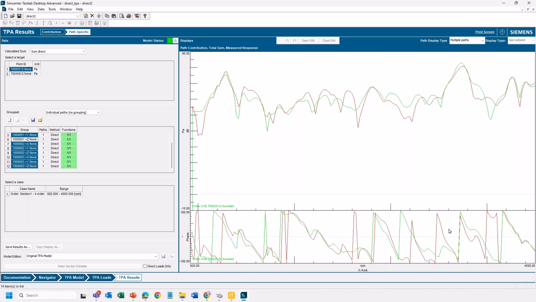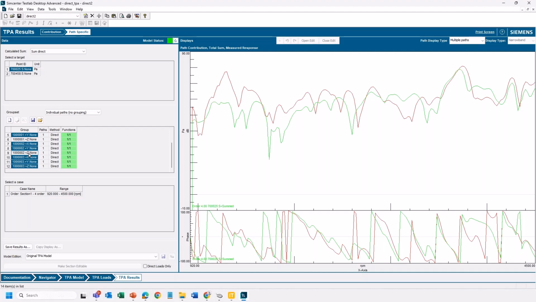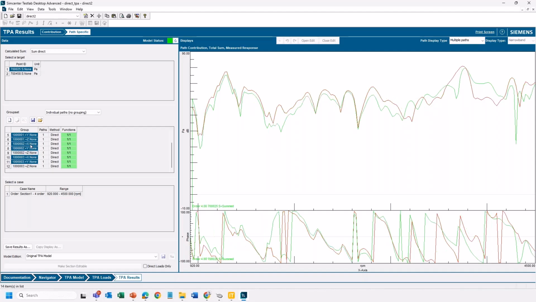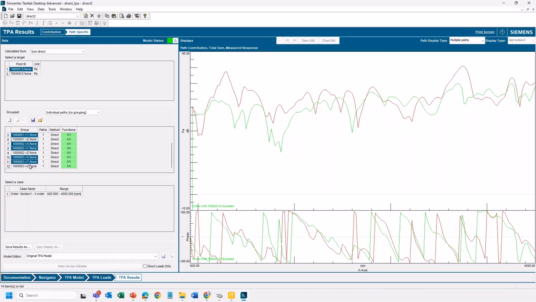So what were some of the other big contributor paths? 1,000,002 in the Z, I think. Yeah, was the next one. I'll take that out. Now how are we doing? A little better. Yeah, at least on this one, seems to have removed the peak. But this one, it's still there. What was the other contributor? 1,000,003 in the Z. Yeah, let's try. Oh, it looks like it might be gone. So in fact, in this case, if I put any one of these three back in, and I'm holding down the control key,